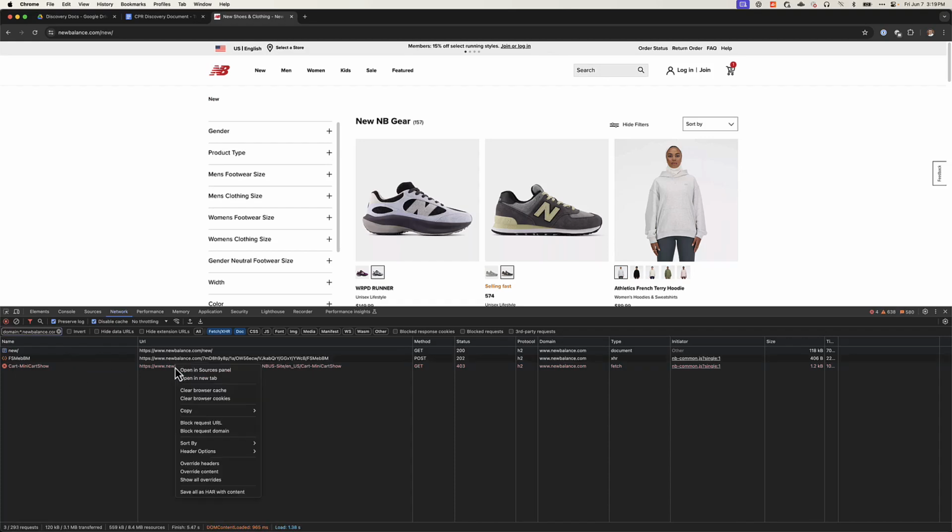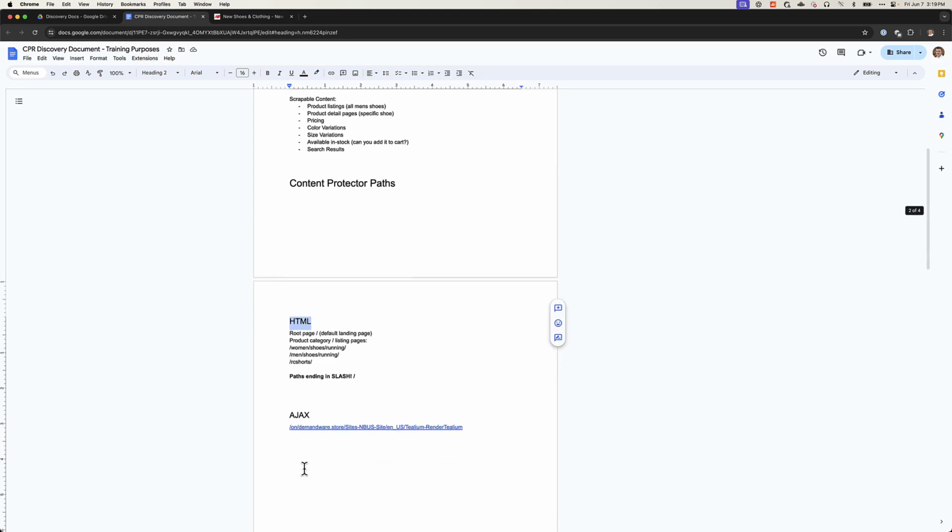So what I'm going to do is copy the URL. I'm going to go over here, and I'm going to say, I need to protect this, but it's going to go in the AJAX category, which is totally fine. This is text HTML, remember? But when you put something into the AJAX category in Content Protector, it basically means don't try to inject JavaScript into this because it won't work, right? And that's the whole reason we need to split out the content on a customer's website that we're going to protect with Content Protector